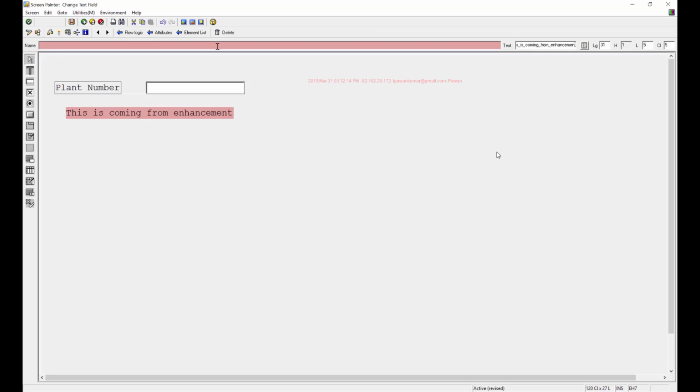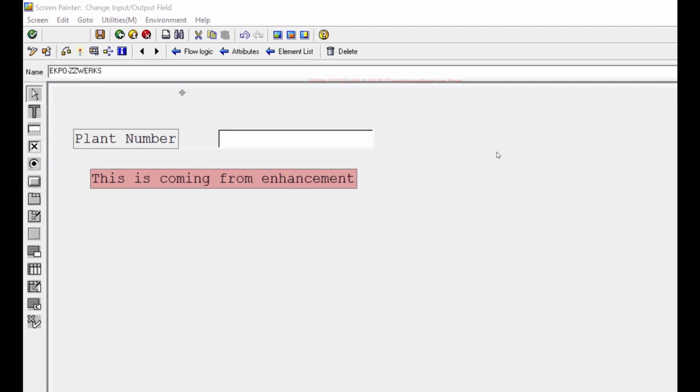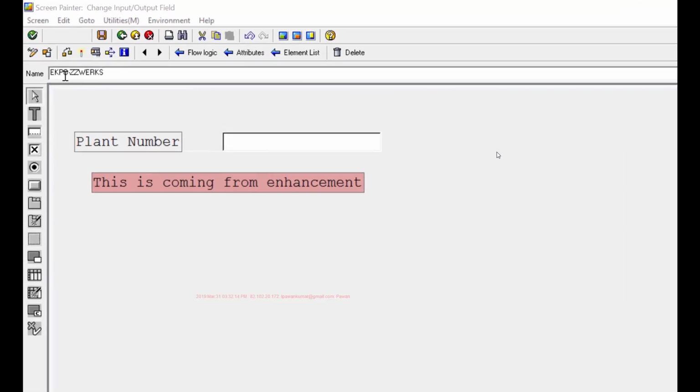And if you look at this field that somebody has already added, generally the name you'll be giving is the table name, because we are dealing with item level, it is EKPO hyphen and ZZ field name. Okay, whatever field you'll add on the screen, this data should be saved in the table. So if it is item level data, it will be saved in the item table. If it is header level data, then it will be saved in the header table.